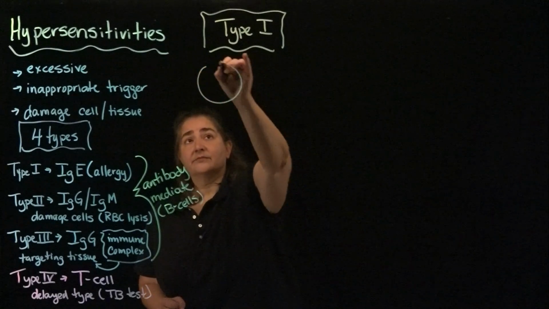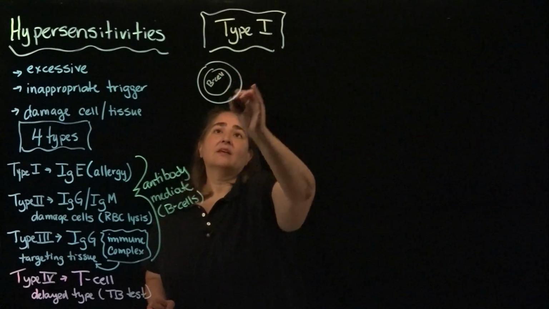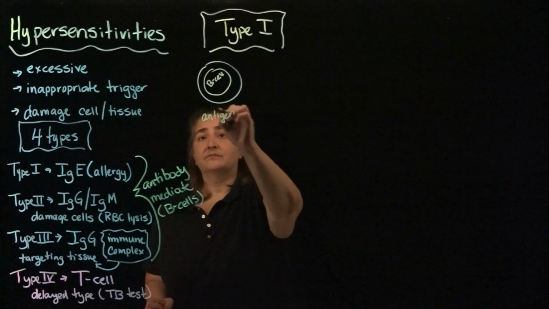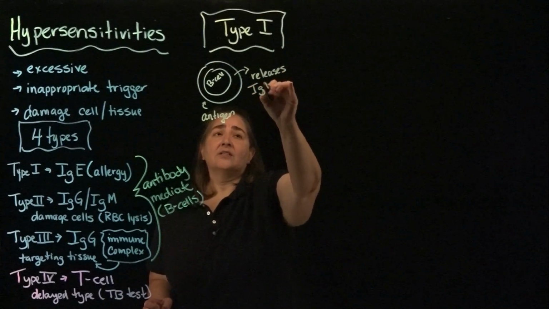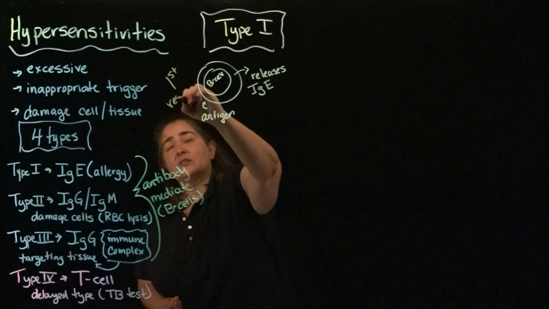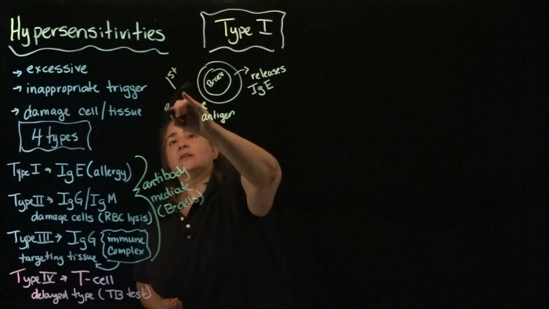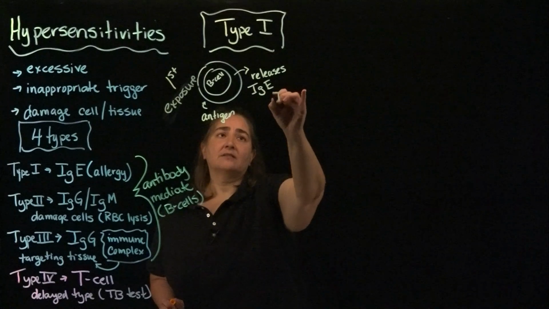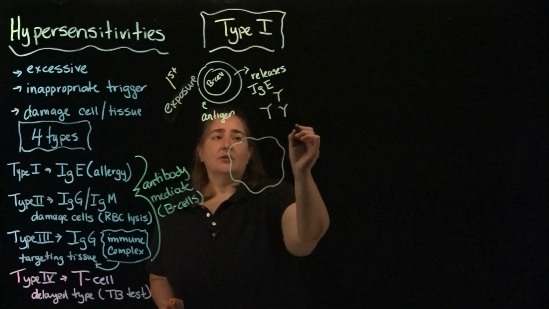So what you've got with your type 1 hypersensitivity, right? You've got your B cell that is triggered when you first encounter the antigen. And that B cell releases that IgE antibody, okay? What happens on your, and I'll put this up here, your first response, or your first, well, I shouldn't say response, I should say exposure, right? That's a better word. Your first exposure to the antigen, you're going to get those IgE antibodies released. And I'm just going to make them little y's here, right? What those IgE antibodies are going to do